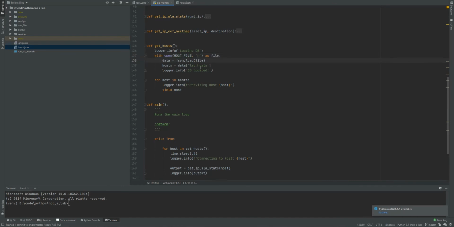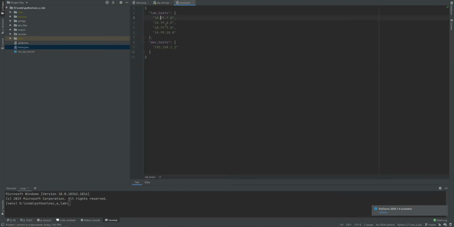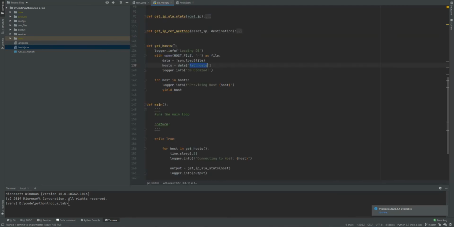So essentially it's just acting like a makeshift database. As you can see, it's opening that file, it's loading the JSON data, and then I'm grabbing that lab host key, which is essentially these hosts here, and then we're going to say db updated, and then from there we're going to take that lab host list and iterate over it,